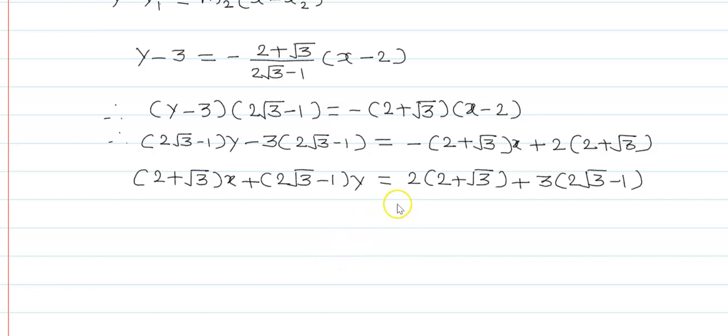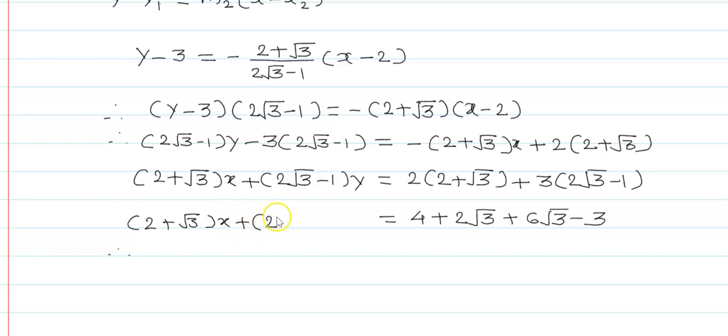Again this simplification: 2 into 2 is 4 plus 2 root 3, 3 into 2 is 6 root 3 minus 3. And therefore here we write 2 plus root 3 x plus 2 root 3 minus 1 into y,